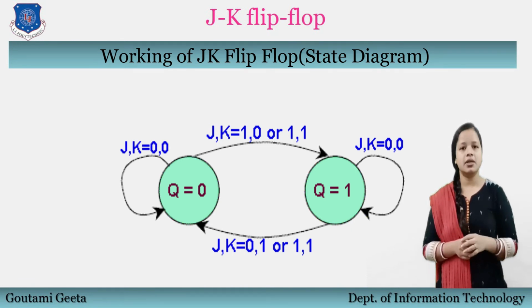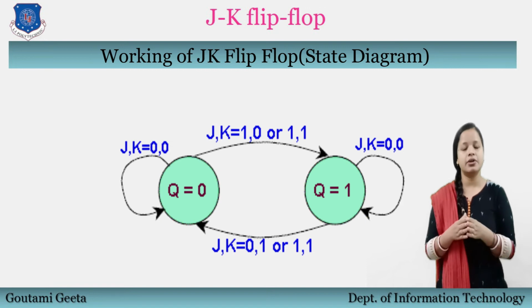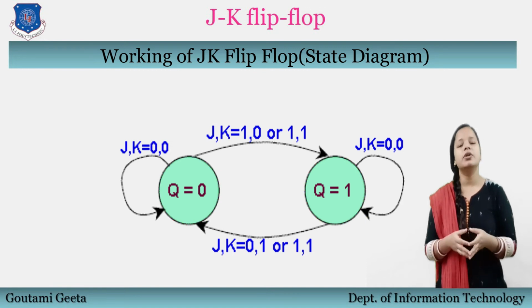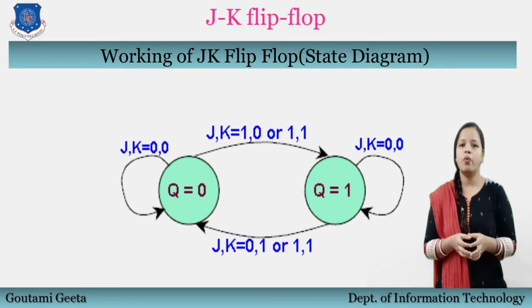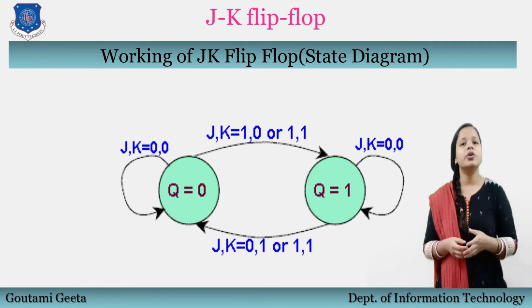When the current state is 0 and the next state will be 1, then we have to give input as J is equal to 1 and K is equal to 0, or J is equal to 1 and K is equal to 1. When the current state is 1 and our next state will be 0, then we give input that is J